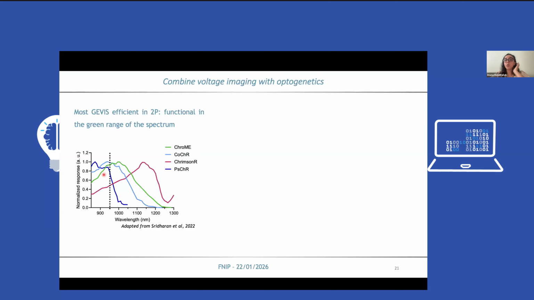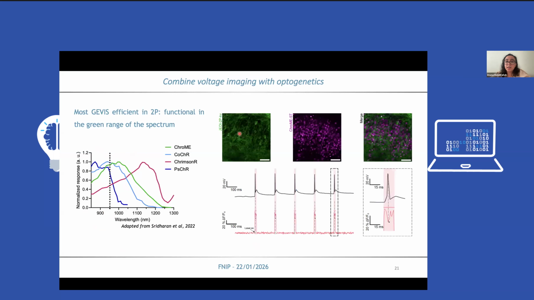So we know for now that we are photostimulating, but we never know for 100% if the cell has spiked or not. And so actually, we could take advantage of this huge crosstalk that we have here and use the single beam that we use for photostimulating, just add a voltage indicator to these cells and record the response from the cell. So we tested this on organotypic hippocampal slices.